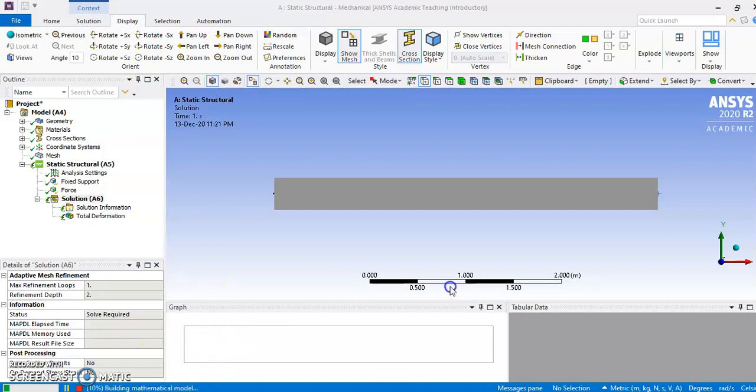Still the process of solving is in process. Still it is solving the problem. Once it completes, I'll be clicking on the total deformation icon, which will show the total deformation or deflection in this cantilever type of beam. It takes some time for completing the solution. Just wait for a minute. It purely depends on the configuration of the laptop or the desktop that you are using. The problem solving speed